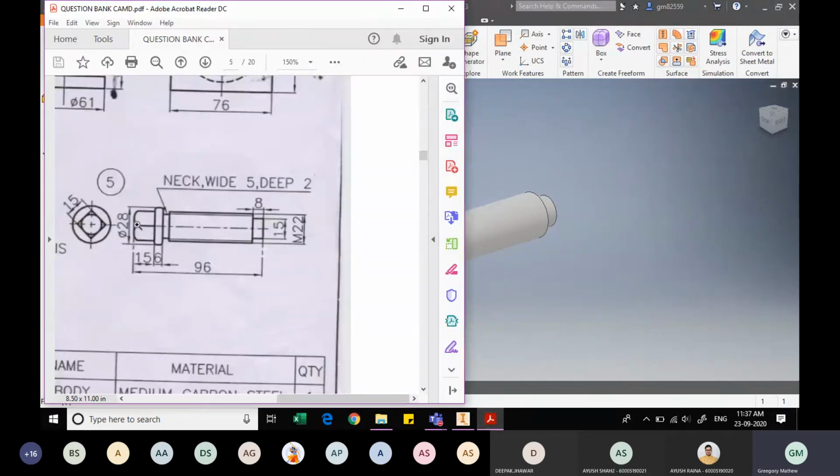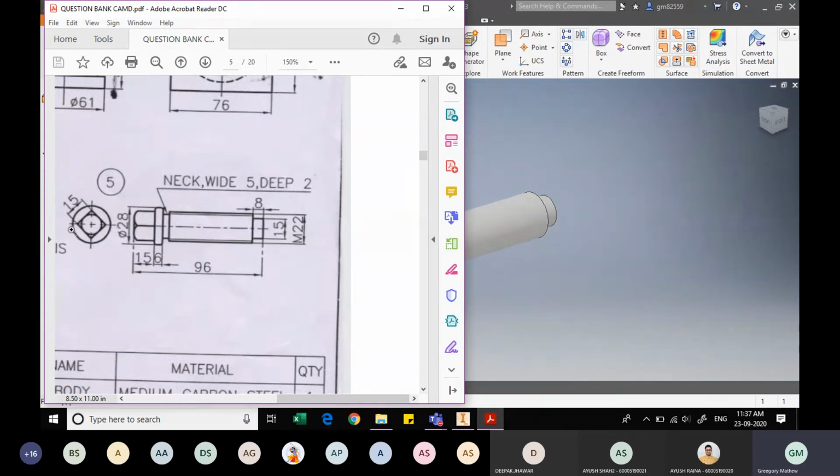Next we need to complete this square head of the screw, and the way to complete it is as we had discussed before beginning the recording, how to draw a square head. Let us look at the front view or the side view of the square head.